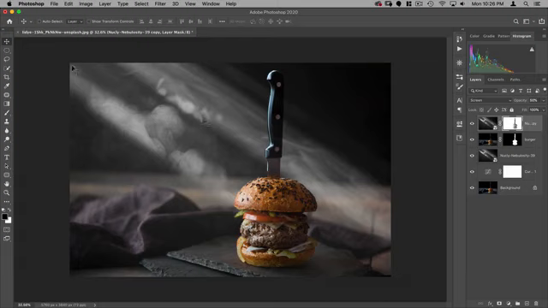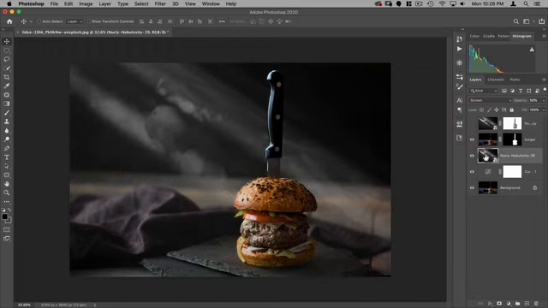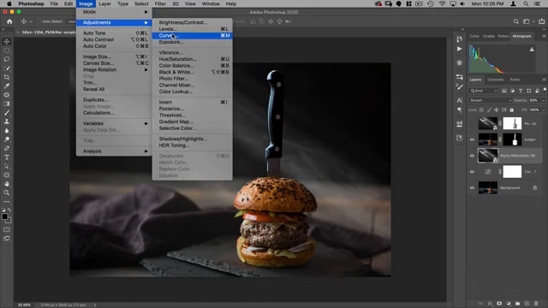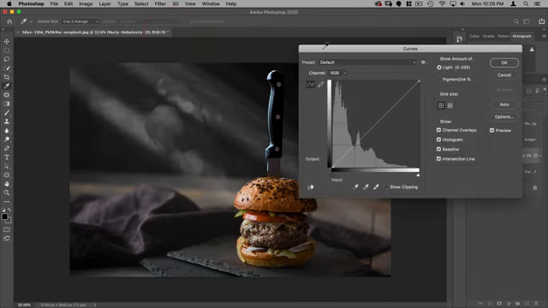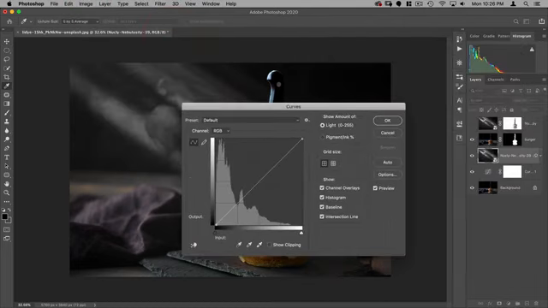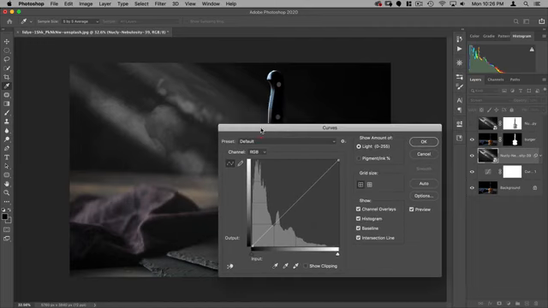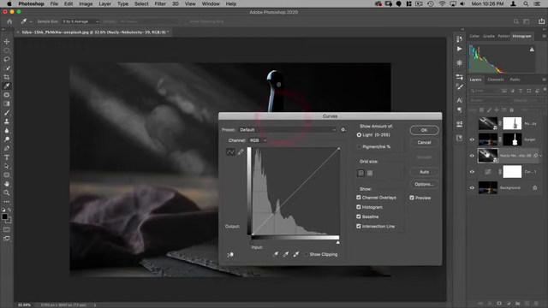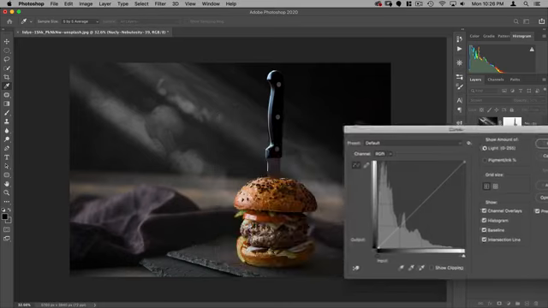Now for this one, I don't want this light to be white. I want it to be kind of a cyany blue. So what I'm going to do is I'm going to go on this layer, do Image, Adjustments, Curves. And one of the advantages of using an overlay like this as opposed to just a brush with all this being white is because this is many iterations of gray. So there's basically no pure white in here.